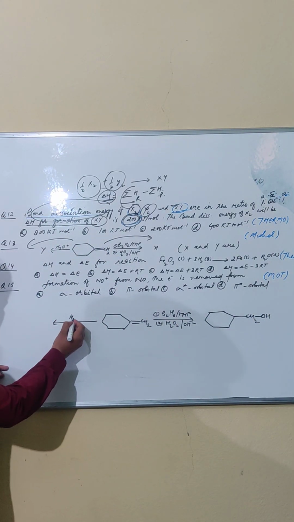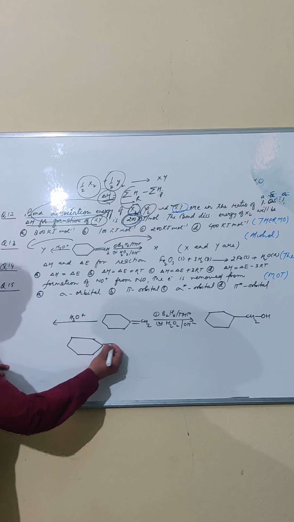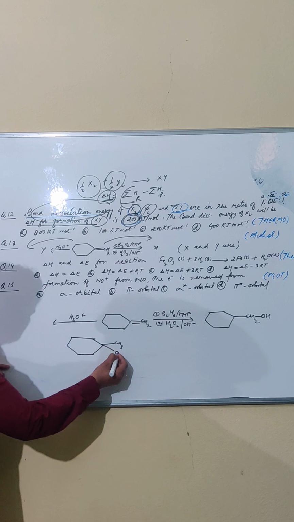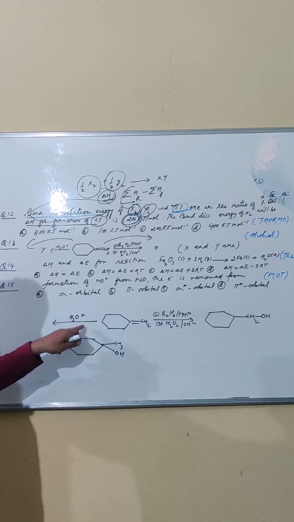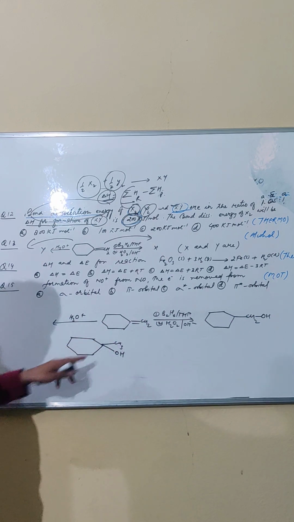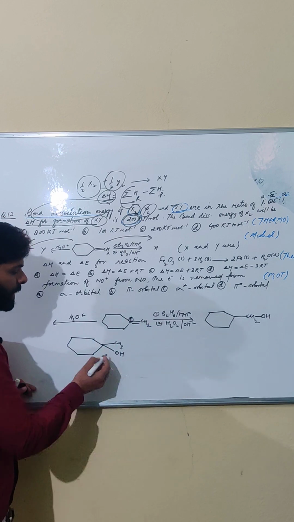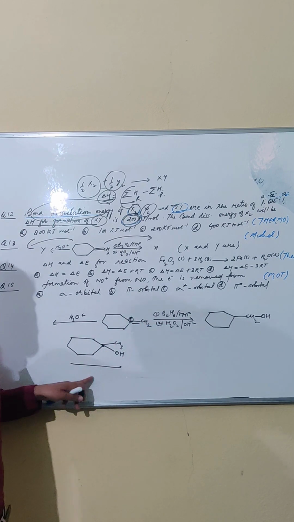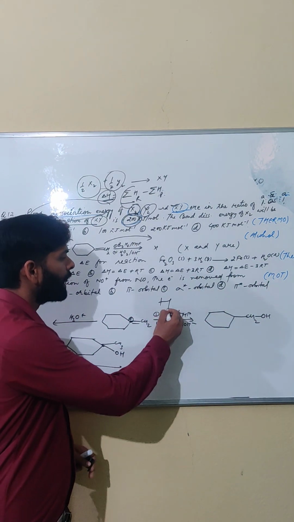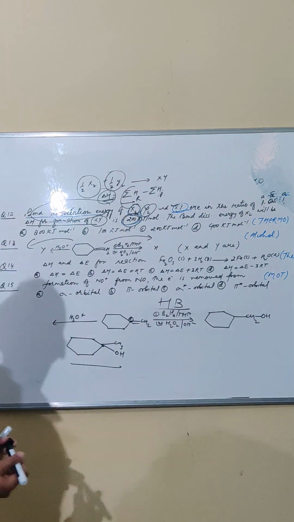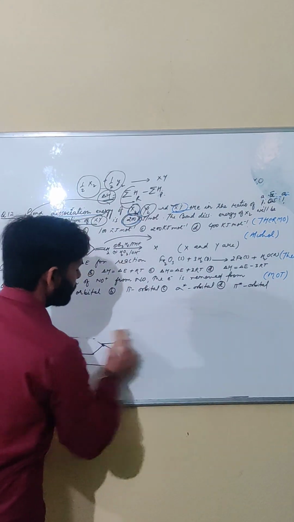In case of hydration we always get the higher degree alcohol. So it will become CH3 and here you will get OH. H of water will go to CH2 and OH will go to this carbon, because the carbocation at this carbon will be of 3 degree. So this alcohol is 3 degree in case of hydration, and 1 degree alcohol in case of hydroboration reaction. Moving to the 14th question, again from thermodynamics.